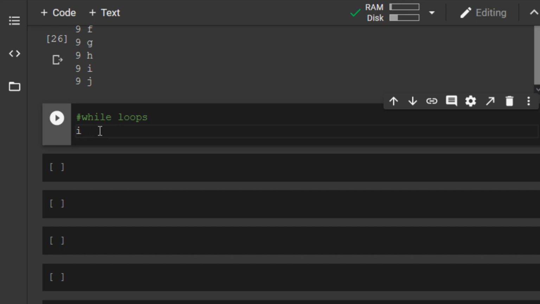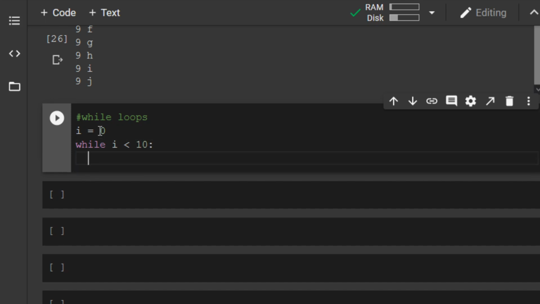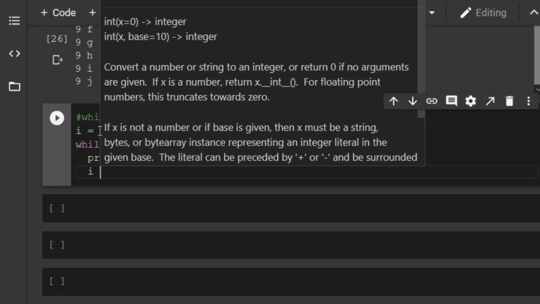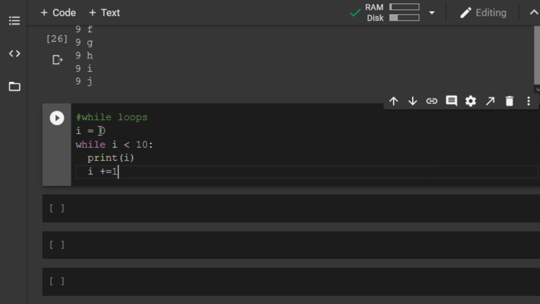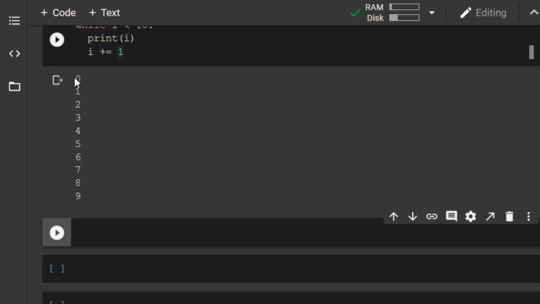Let's say I'm saying i is equal to 0, and I say while i is less than 10, print i, and then I say i += 1. Remember, this is just a short form of saying i is equal to i plus 1. So let me execute this cell, and then you see we have 0, 1, 2, 3, 4, 5, 6, 7,